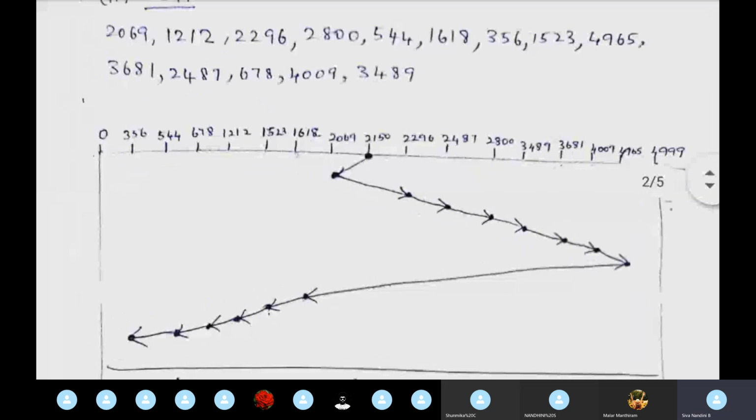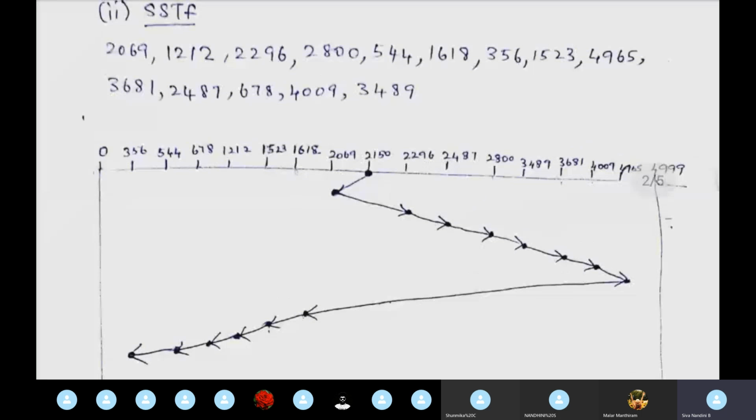Okay. So here from 2150, if you have marked this 0 to 4999 correctly itself, you can simply use this SSTF algorithm and draw this. Okay. இதை நீங்க கரெக்டா வரைஞ்சாலே the 2150க்கு எது நியரஸ்ட் நீங்க பாத்துடலாம். 2150க்கு நியரஸ்ட் பாத்தீங்கன்னா it will be either the previous one 2069 or 2296. So இதுல எப்படி ஷார்ட்டஸ்ட் கண்டுபிடிப்பீங்க? You will be subtracting the values.